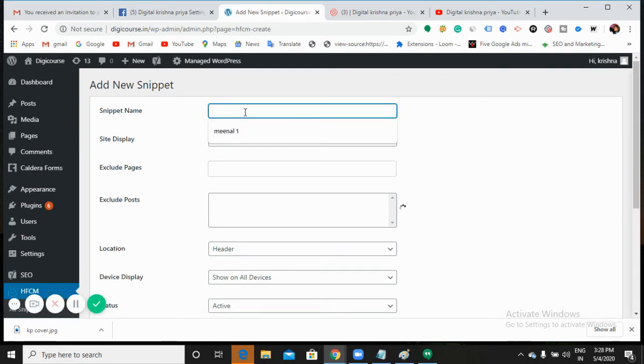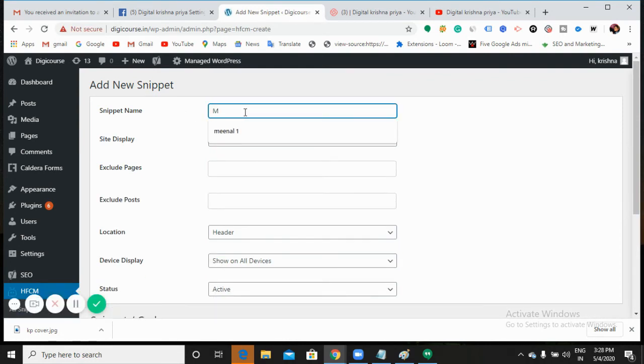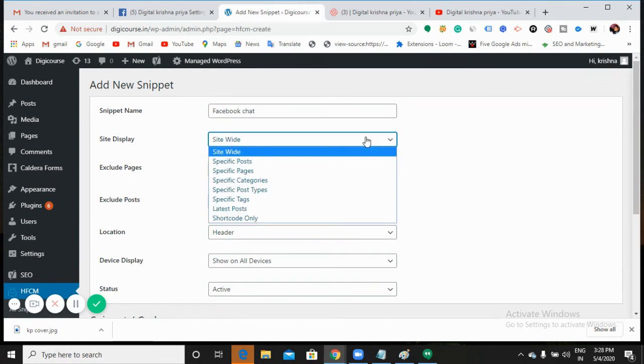And snippet name, so what is the snippet name? You can just use it like Facebook chat. Right, site display means where you want exactly to show this messenger chat. So site wide means overall the website. Specific post, so if you want to show up only in a specific post, you can choose this.